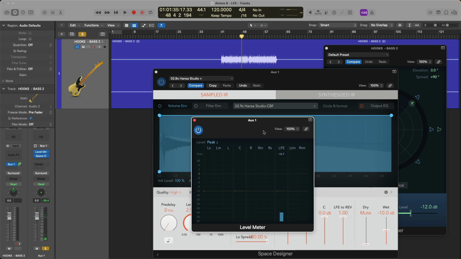All right, so we're getting the LFE, but take note that we're not hearing just everything below 120 hertz. No, in this case, our signal to Space Designer is not being low passed at all. This brings up an important point. We're sending the full signal of our synth bass through the LFE. So if we want to send just the low end of our synth bass to this instance of Space Designer,